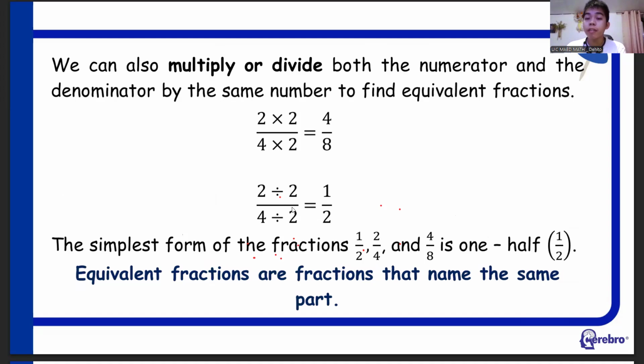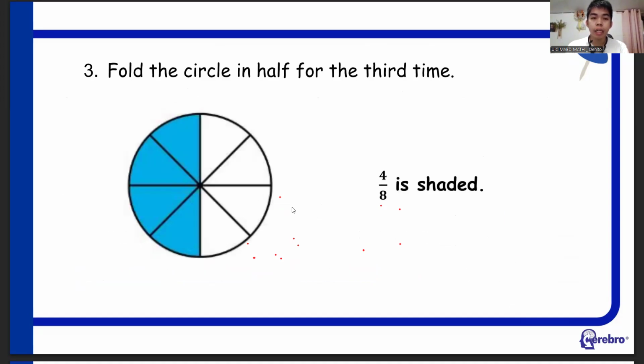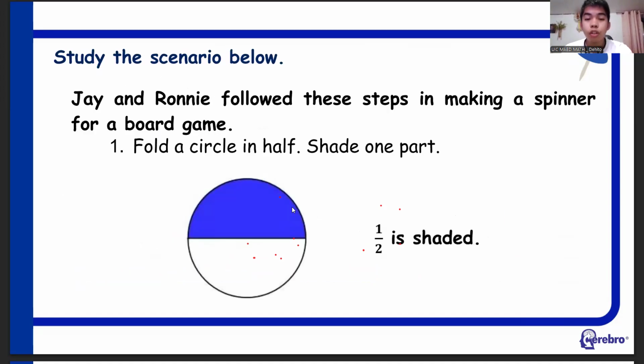So equivalent fractions are fractions that name the same parts. Pareho lang. As you can see, our shaded parts, start tayo doon sa una. Ito siya, pag i-fold natin, wait lang, do I have my, okay, I think I have a paper here. Ito siya. If this is the whole, and I'm gonna fold it in two, assume that pareho lang man sila circles and squares in fractions, basta equally divided lang siya.